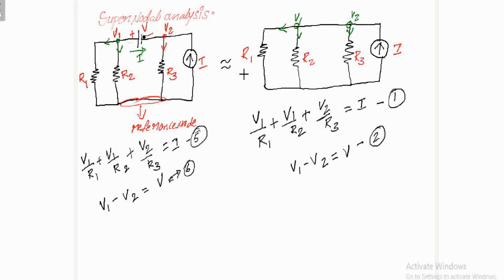Whenever you find a voltage source, you may find a parallel resistance to this voltage source also. So in some problems you will find a parallel resistance also. Just replace this total combination with a simple short circuit line, then apply your KCL commonly to those super nodes. So this is a way of solving super nodal analysis problems. In the next class we will see some problems related to this super nodal analysis.